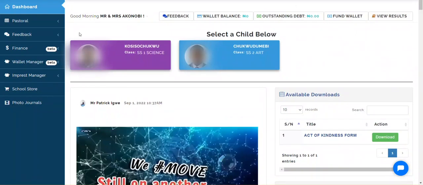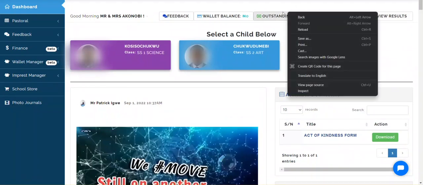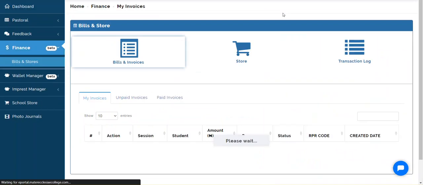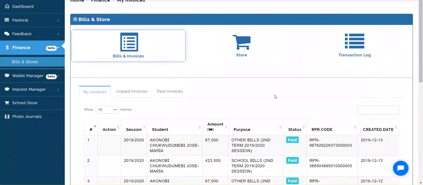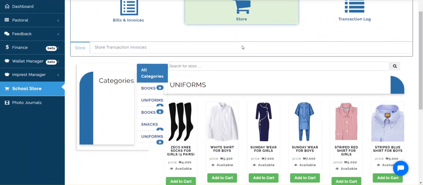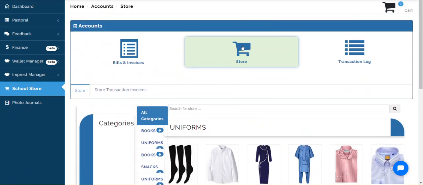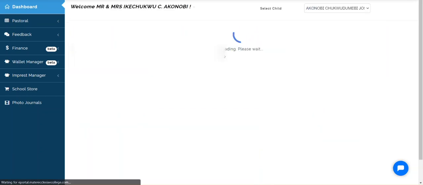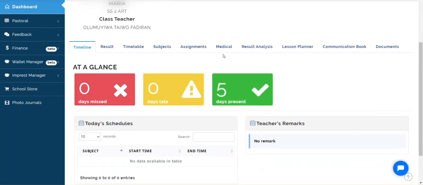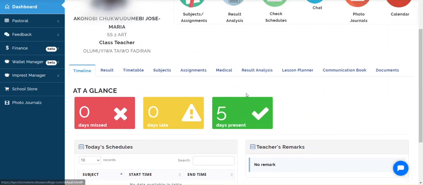So the parents can actually pay for student school fees directly from the platform. So these are fees the parent has paid so far. Parents also have access to the school store to buy uniforms and items for the child from the school store. The parent can also access any of her child's records. So if I want to view every information about any of my kids, I can select either one of them and see the attendance record so far. I can also see their